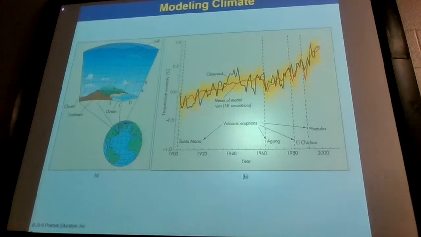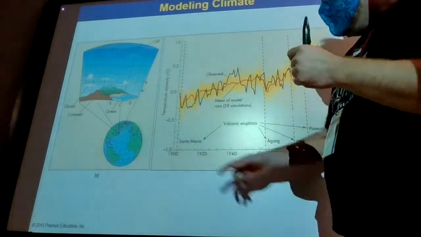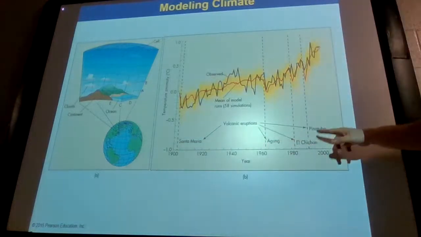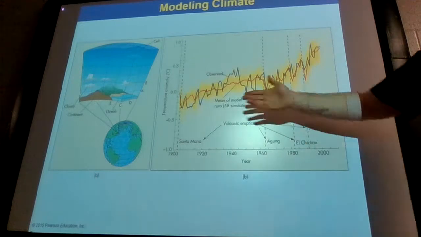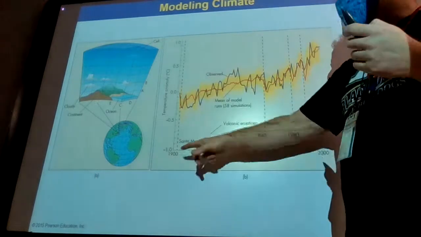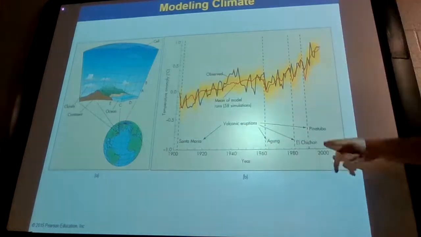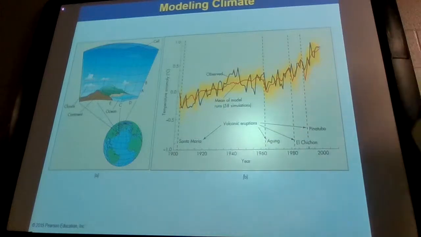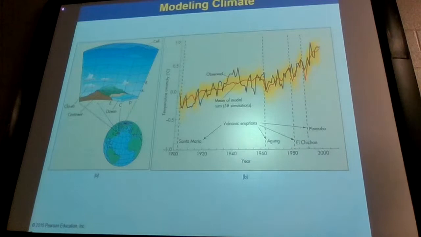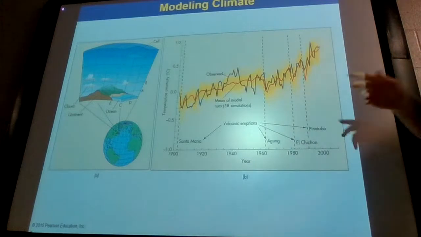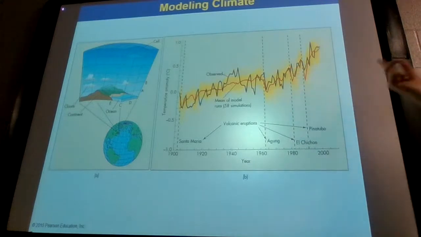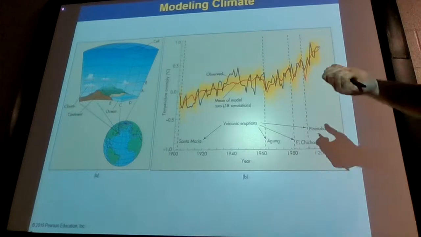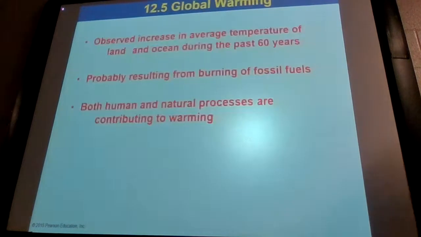Oh, this is actually pretty cool. One of the things they're pointing out here is they have some really, really huge volcanic eruptions marked on this temperature map. And what they're showing, every large volcanic eruption is associated with a temperature drop. Because of all the ash that's spewed out into the atmosphere, it blocks out the sun, and you see a direct correlation to drop in temperatures there. And so that's a pretty interesting thing on the map.